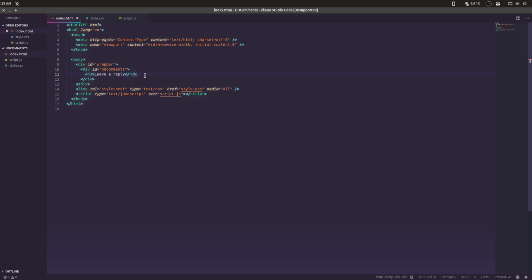needs two sections. It needs a section for someone to actually write a comment or reply to a comment, and then it needs a section to actually display the comments. So let's create divs for each of those sections. So we'll call the first div